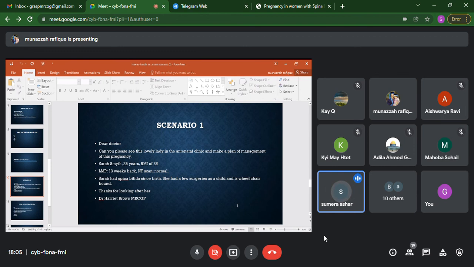So we would suggest you book in a consultant-led unit, and your care would be shared in a group of doctors, including me, my consultant, and a physiotherapist, your spina bifida doctors, surgery doctors, along with the specialist nurse, and also home visits by the community midwife. As I can see that it must be difficult for you to come to us on every visit, the care would be shared between us. Okay, that's fine.